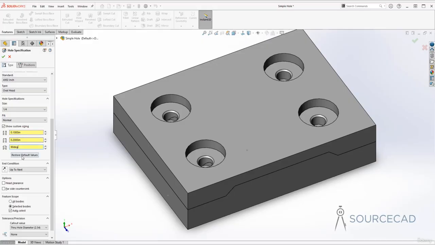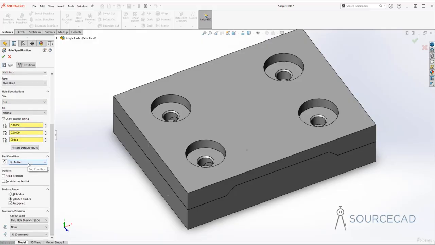Now if you don't want these, you can always click this box to return back to all the default conditions, all the default values, but I'll just keep these custom values. And now in the end condition I'll select up to next again because I just want to make the hole up to the next plane. All right, now if you want a little bit of head clearance, you can check this one